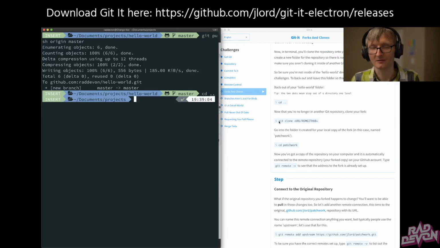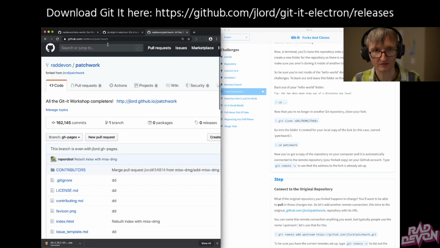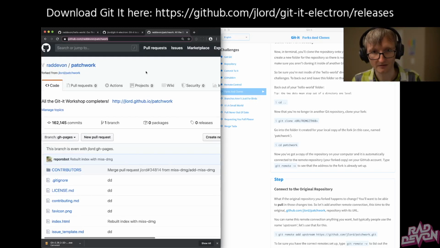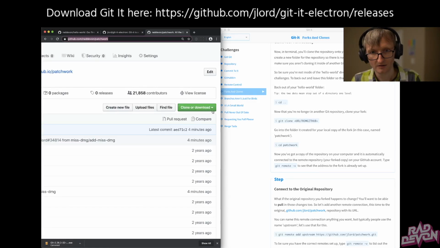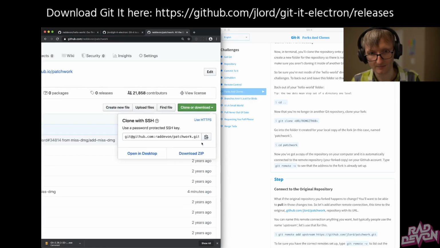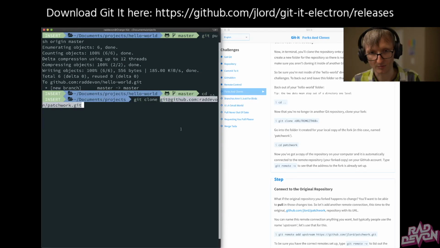One cool thing about cloning is that you don't need to make a directory beforehand. It will make a directory for you that is named for the repository you're cloning. So we're going to do git clone, and then we need the URL of our repository. And it's not this URL. If you scroll all the way over here to the right, you can click this clone or download button, and then you can just copy this by clicking on that button. Now I will paste that in,